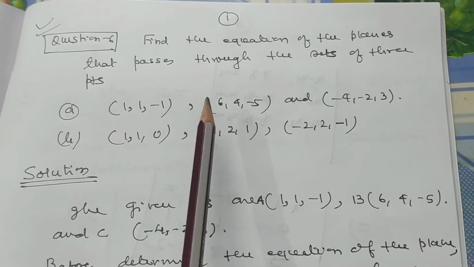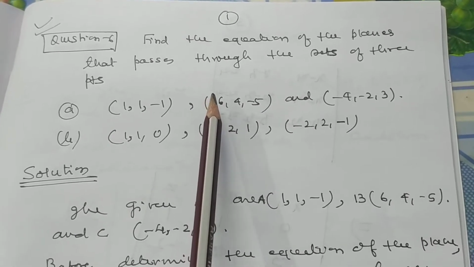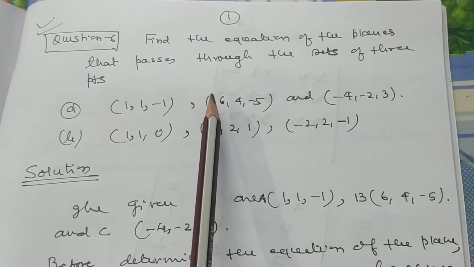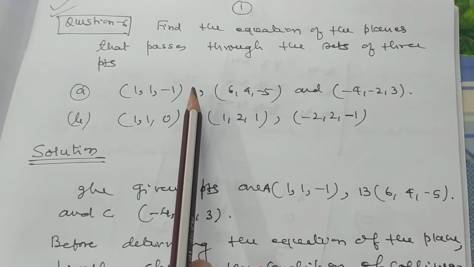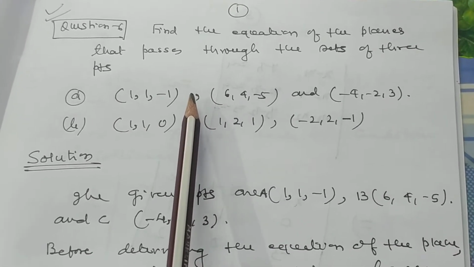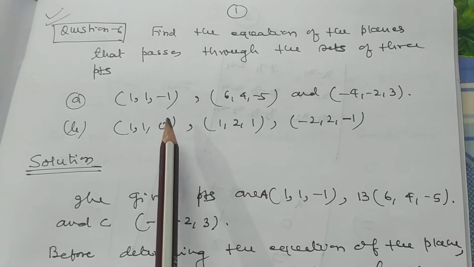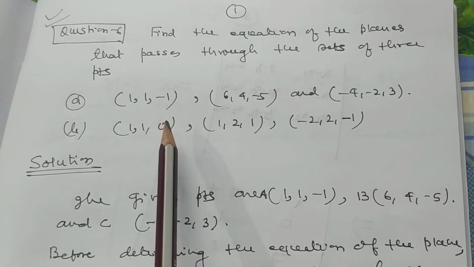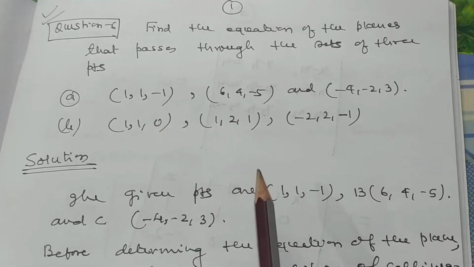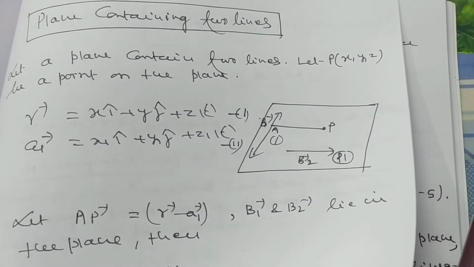I have made it clear earlier that to get the equation of a plane, we should have 3 non-collinear points, and by taking the cross product of two sides,